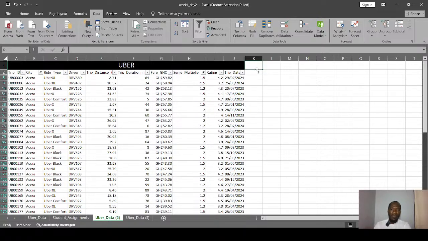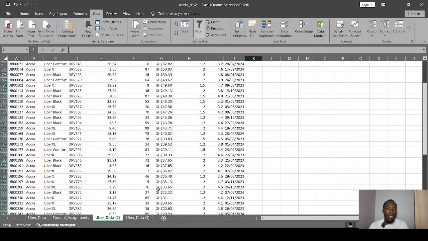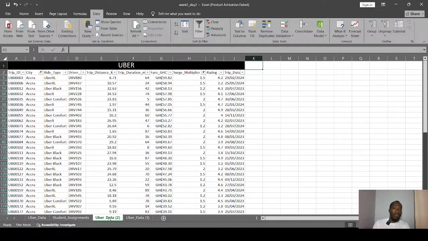So you're supposed to do the filtering in one sheet. Then you go to another sheet, you do the same process that we used. You right click, go to move or copy, then move to the end, select create a copy, and then click on OK, and then you get a new sheet available for you to now start doing your analysis proper.